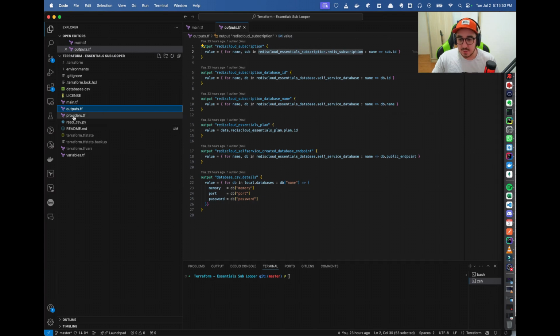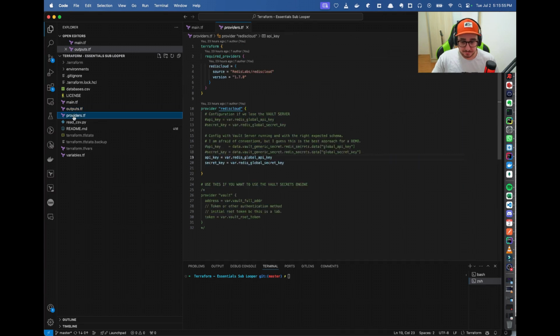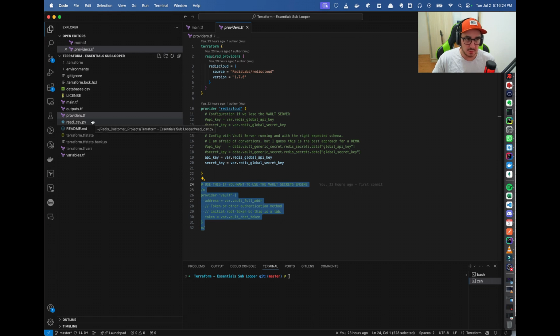Okay, guys. As for the providers, I'm using version 1.7.0, which I think is really recent. And I'm just configuring the other stuff right here. So the provider for Redis Cloud and the API key and secret key, the way that we connect to the Redis Cloud account. And I'm just commenting out the places where I use HashiCorp Vault,